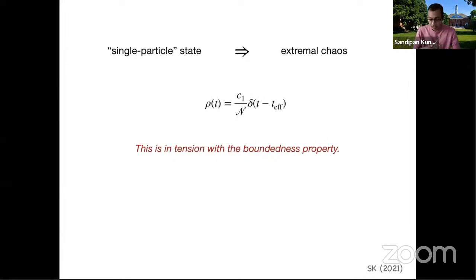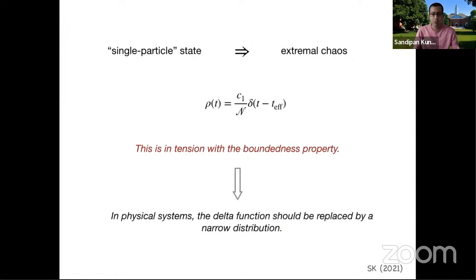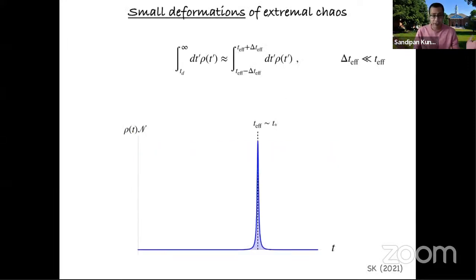So in this representation, the extremal chaos is basically a single particle state. In other words, the density function is given by this Dirac delta function. Of course, this is in tension with the boundedness property of the density function, as I showed in the last slide. So that means a physical system cannot be exactly extremally chaotic. However, in physical systems, the delta function should be replaced by a smooth but narrow distribution. So it is natural to talk about small deformations of extremal chaos, where you replace the delta function by some